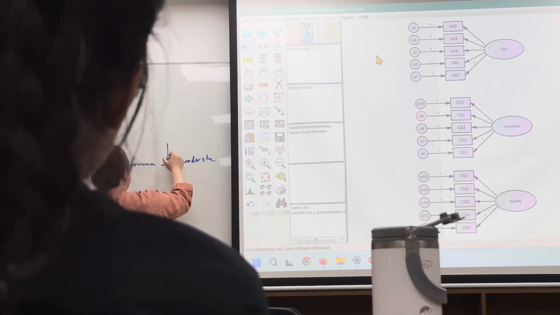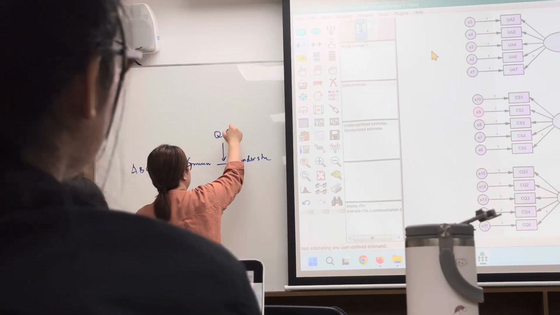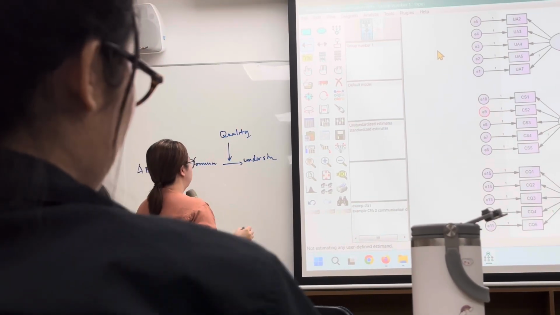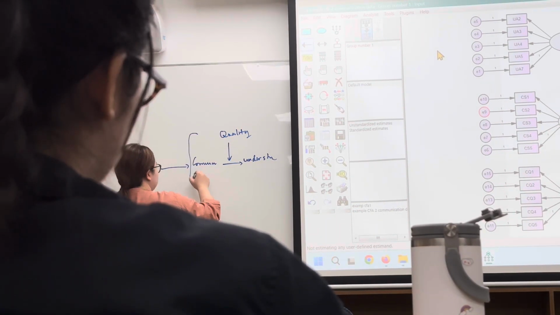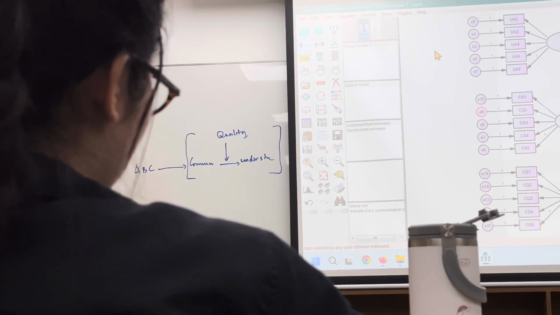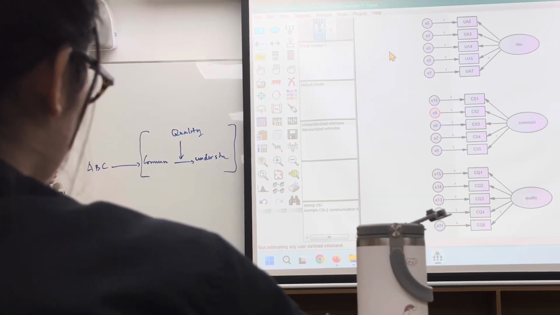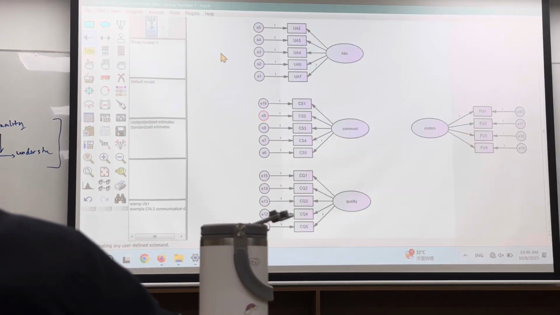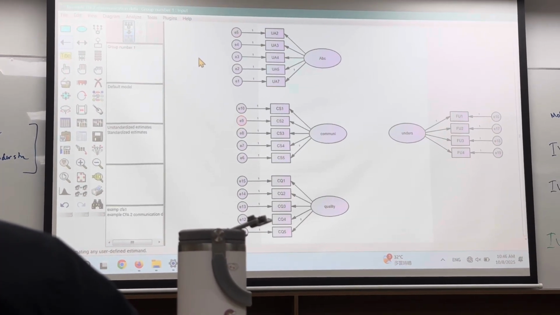And in this one, I want the quality to moderate only this part, okay? All right, so let's say this is the framework that we want to test using this data. All right, so for the path analysis, okay,